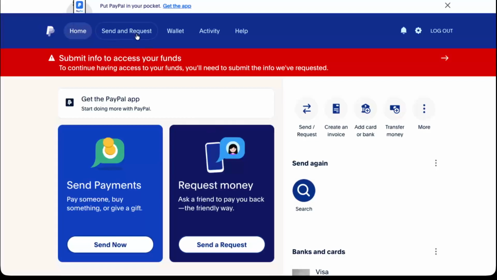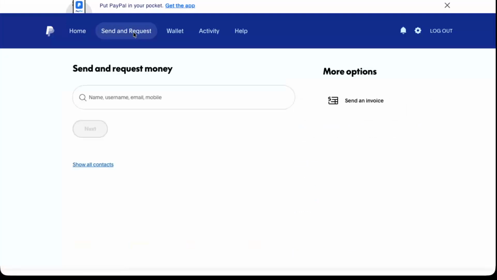Next, look for the option labeled Send and Request along the top or in the main menu. Click on Send and Request. This is where PayPal groups all the tools for sending money to others or requesting that they send money to you. On the next screen, you'll see a field where you can type in an email address, a mobile number,